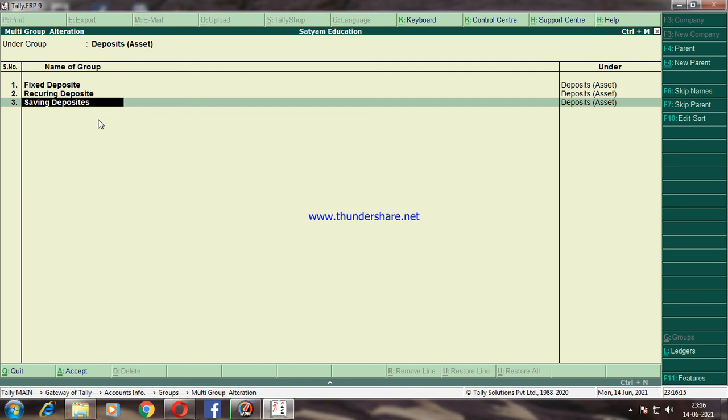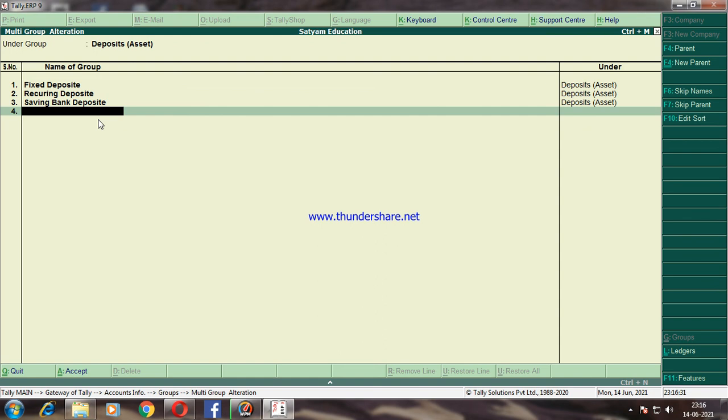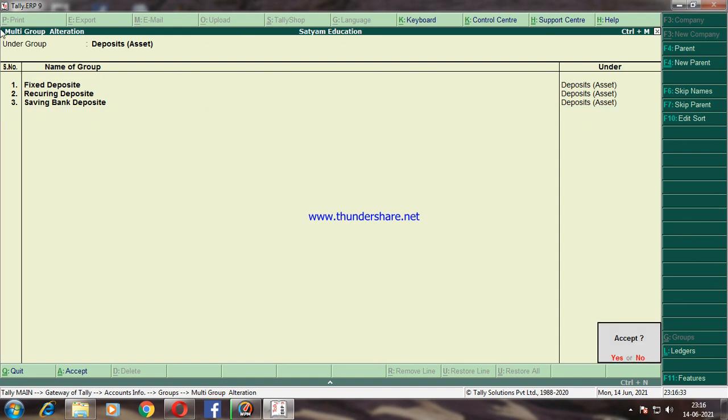Now I would like to change saving deposits into saving bank deposits. Now I will change it to saving bank deposits. Press the enter key. So that is available for you to alter the multiple groups at a time.